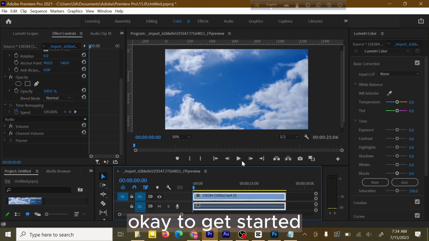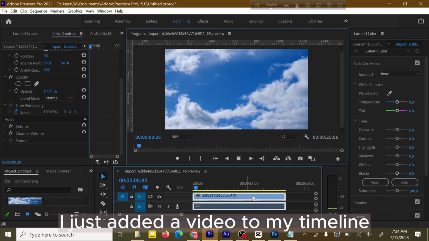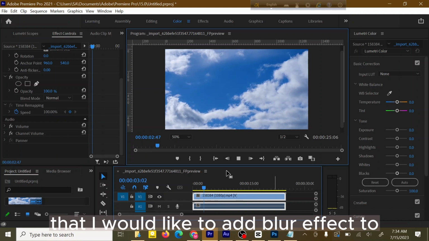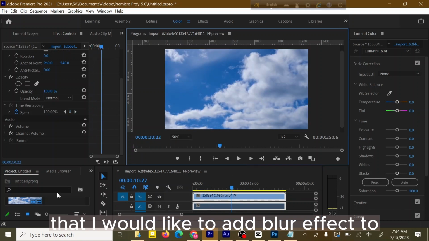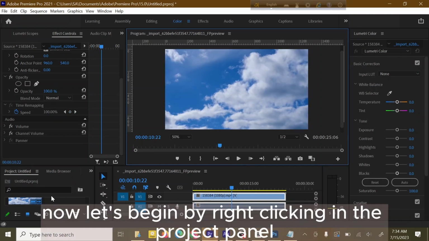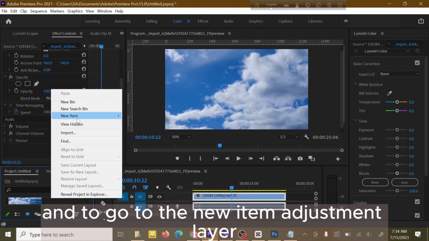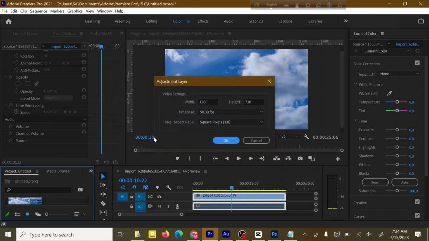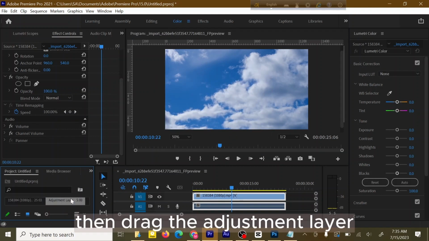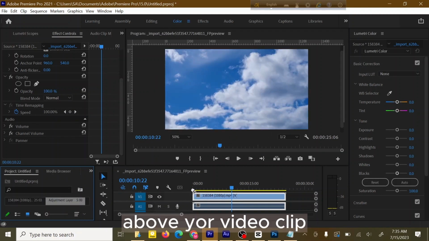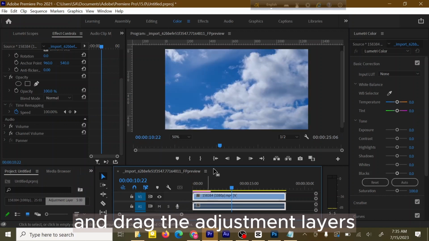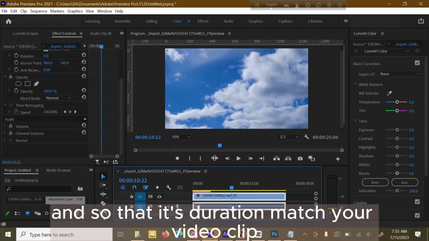Okay, to get started, I just added a video to my timeline that I would like to add a blur effect to. Now let's begin by right clicking in the project panel and going to New Item, Adjustment Layer. Then drag the adjustment layer above your video clip and drag the adjustment layer's end so that its duration matches